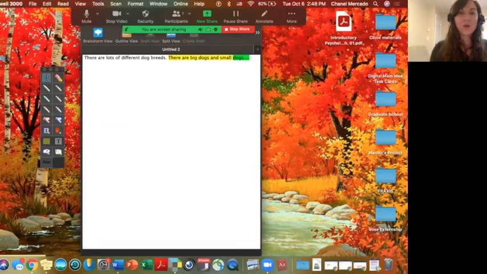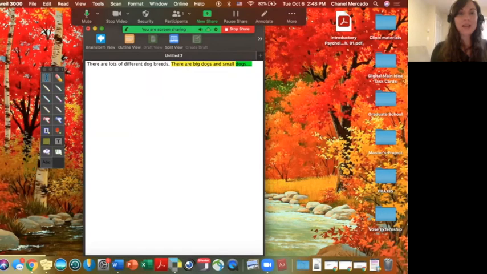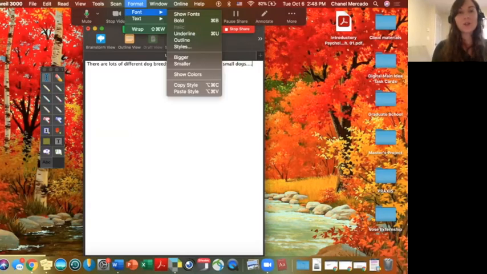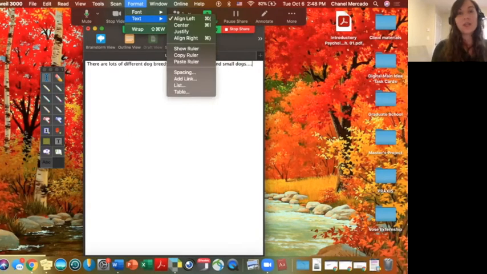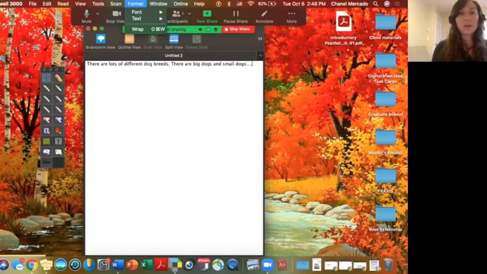Okay, so those are the main aspects of Kurzweil's writing feature. You do also have some options with formatting, so you can change the font. You can also change text features so that you can center a line. The only thing with formatting in Kurzweil is that if you then save this file as a Word document, a lot of the formatting doesn't transfer over.